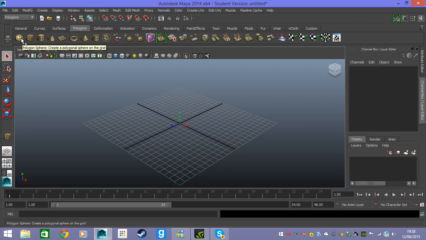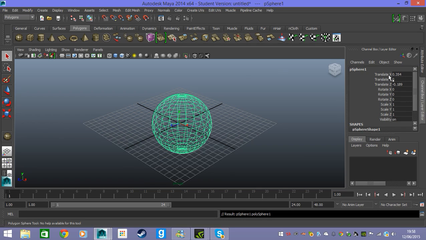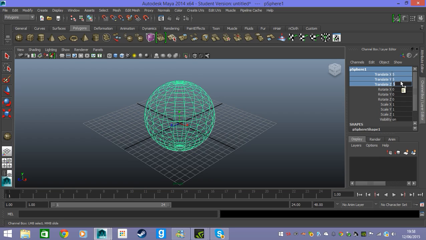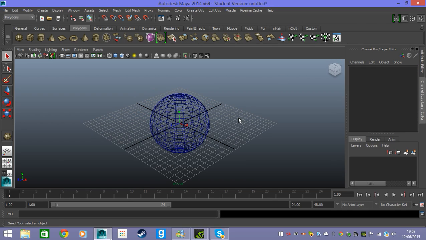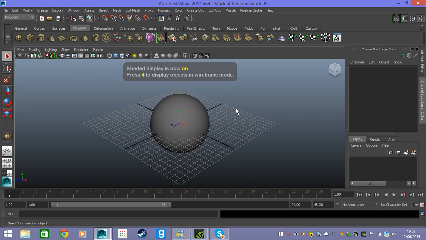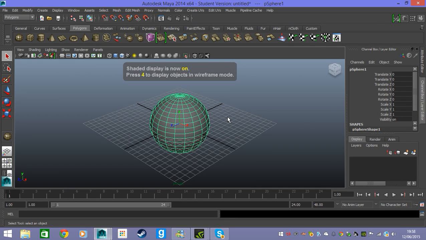What we're going to do is we're just going to create a sphere shape, make sure it's centered. So by highlighting all three of these and putting 0, or whatever number you put in, it will make all of those that number. So if I put in 5, you can see they're all at 5, or if I hit 0, they're all at 0. So if I do that and then I hit 5 on my keyboard again,